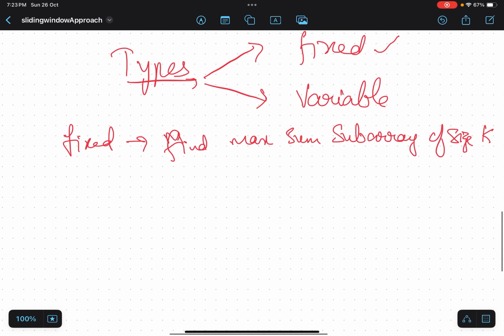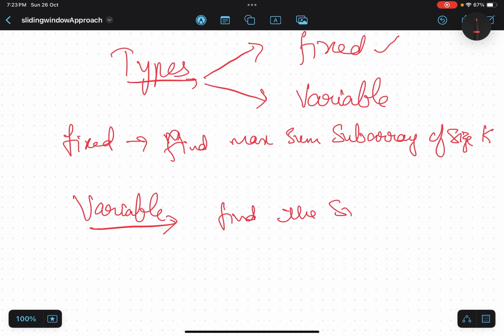And in the variable size, the question would be something like they will not give you a window size, they will give you some condition and you have to find the window size yourself. For example, find the smallest sub-array. Smallest sub-array means they are asking you to find the size of that array with sum greater than or equal